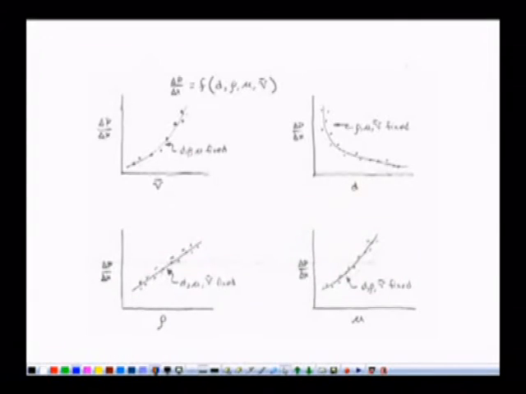So, let us understand these points one by one. These 4 figures are going to help us in understanding how a reduction in the number of variables helps us in conducting experiments in a cost effective manner. Like in this figure,